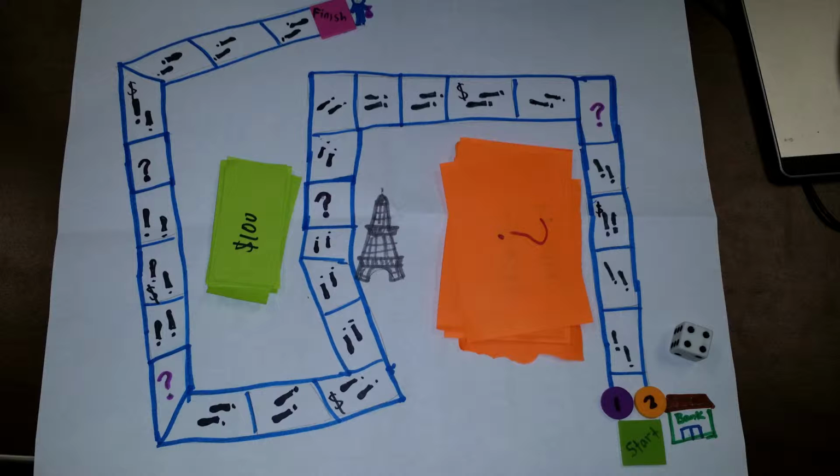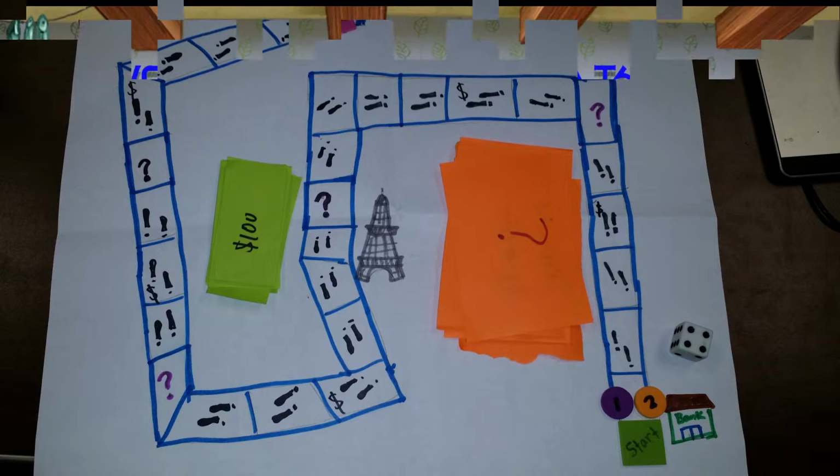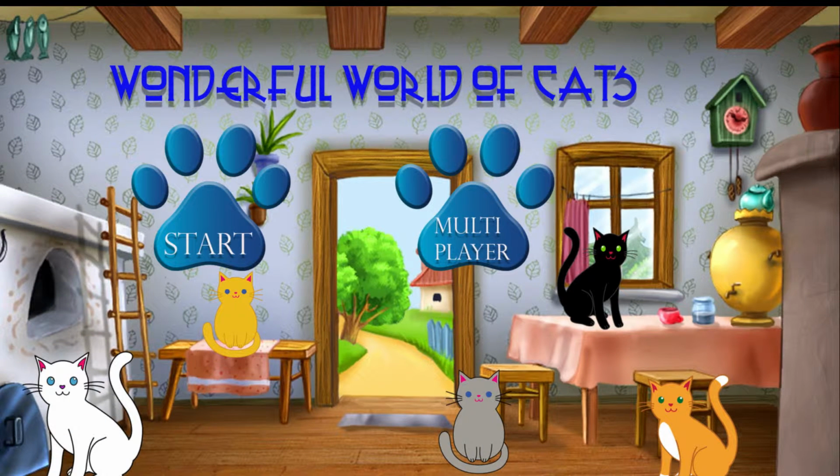Board game. I created this board game to learn the concept and rules of a game. Team game. I created a cat video game as an idea for a class video game. Photoshop interface. I use Photoshop and some internet images to create this interface to go with my pitch.